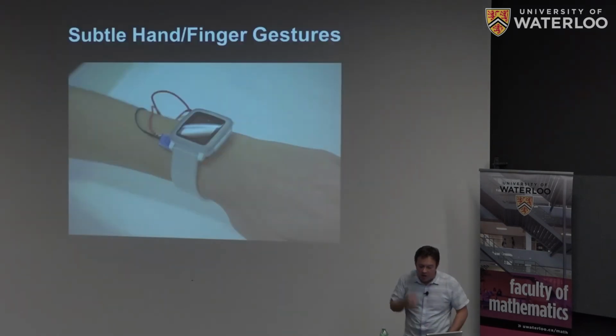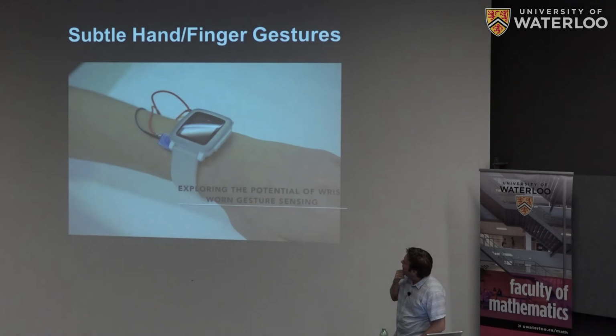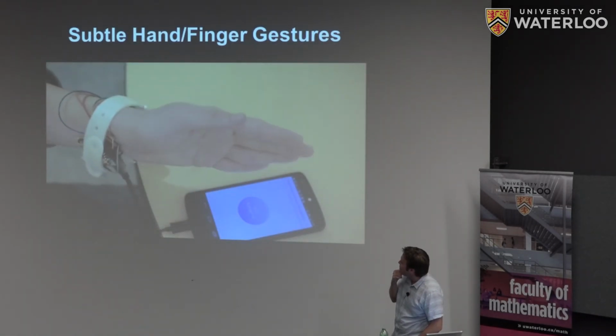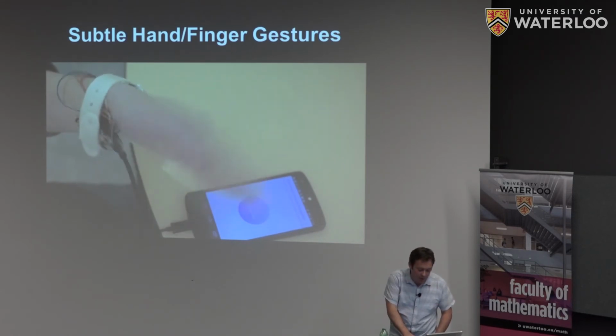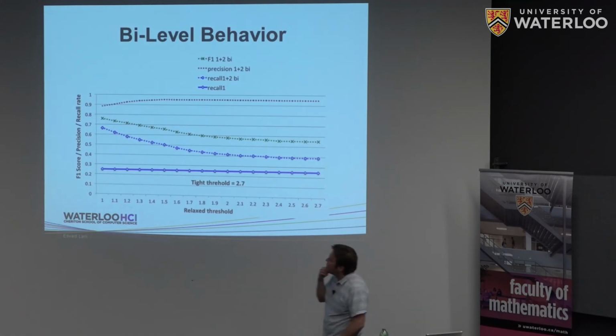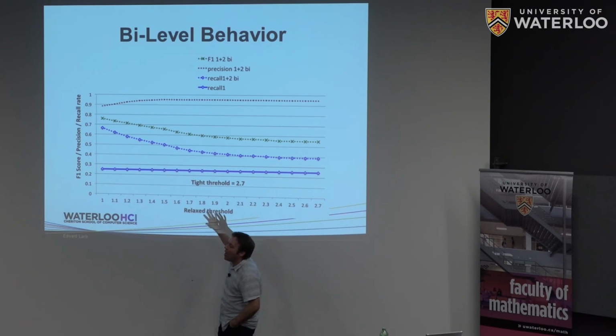But we put some hardware together, and we built a little system that supports capturing hand gestures, and you can sort of see the system running right here. And it's just sort of running in recognition mode. And basically what we did is we looked at this system in terms of precision and recall and how well bi-level thresholding could help. So as we tighten up initial thresholds and then we look across the system, how well does this work?